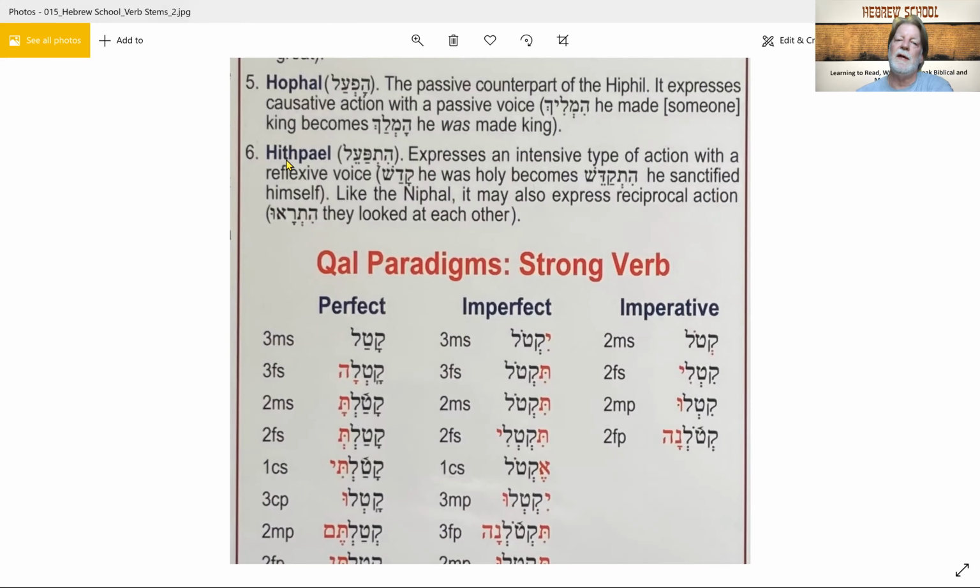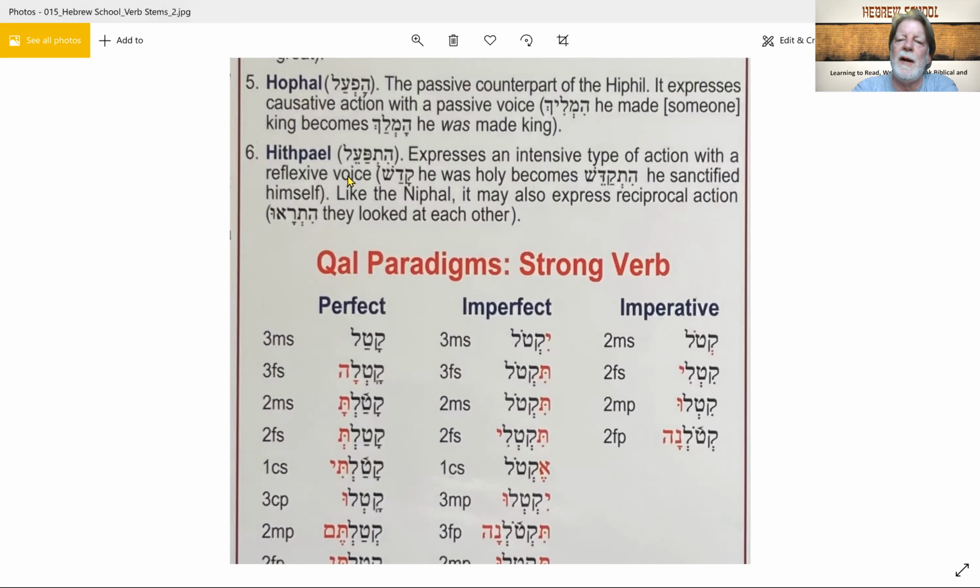Okay, the last one then is hitpael. And instead of just adding one consonant as a prefix, this adds two, and it's hit. We've got hey, hirek, tav, and the shva. So it's hitpael, same root word, but it's an intensive action with a reflexive voice. Reflexive is not exactly active or passive,